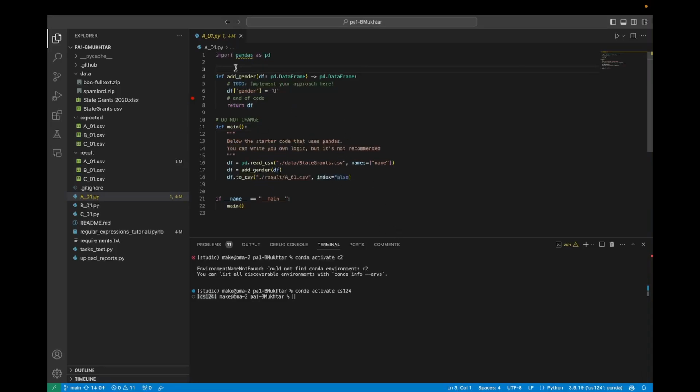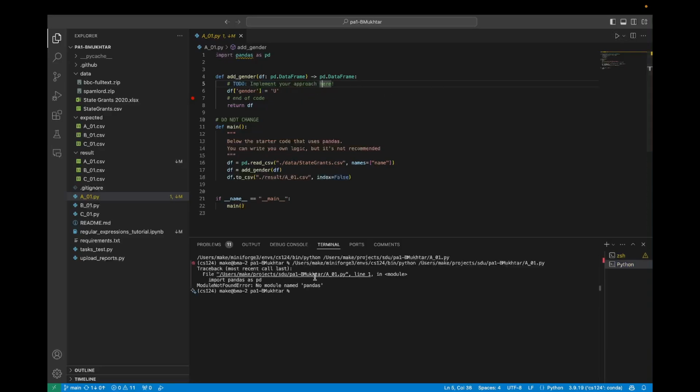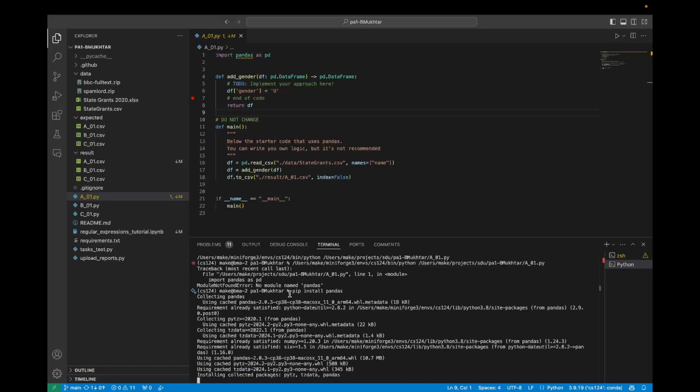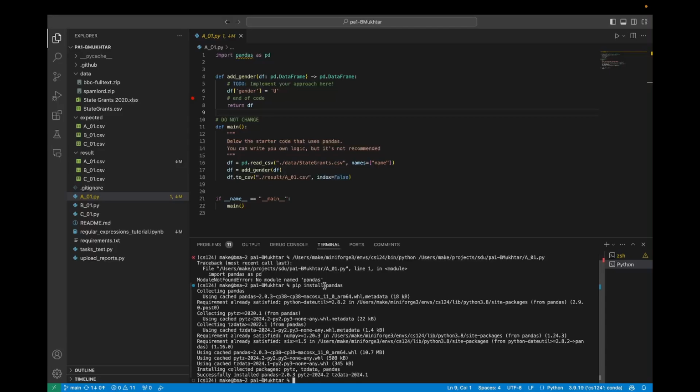Okay, so if you notice, it says that this pandas library is not installed in this environment. That's why it's complaining, right? So if we try to launch this Python file, it says no module named pandas because it's not installed. Okay, and what we can do is install that library. So we can just type pip install pandas. Turns out, when we have activated this environment, whenever we type pip install commands, it will install that library in this environment, right? And if you're curious where it has been installed, you can just type which,